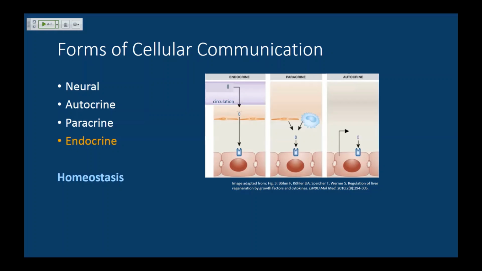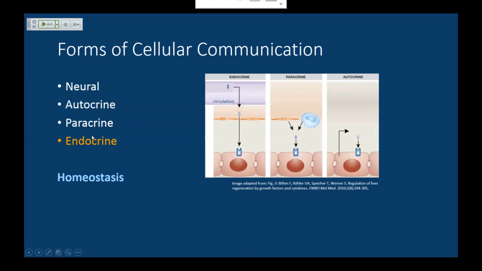One of the key points is that because we're secreting these hormones into the circulation and they're systemically distributed throughout the body, the effect of these hormones is going to be based on which cells possess a receptor for a specific hormone. A hormone is going to have to bind a receptor, and that will determine which cells do what in response to that hormone. We'll talk about that as we go.